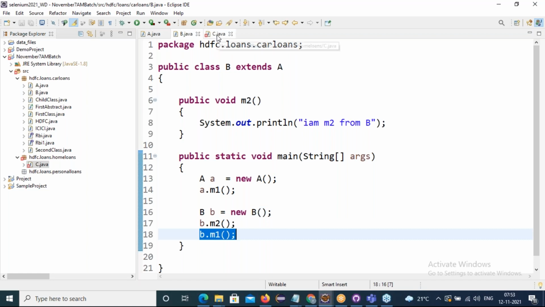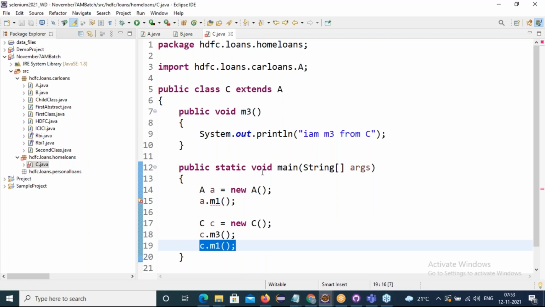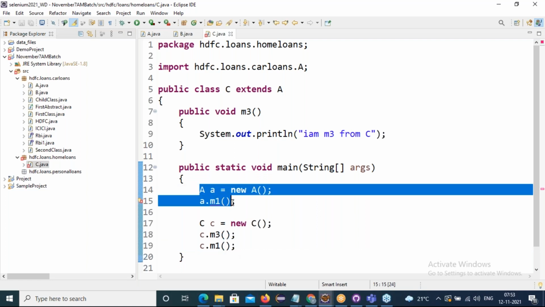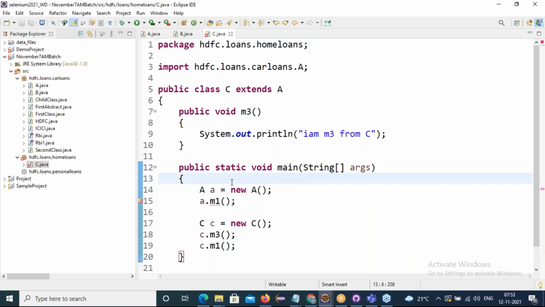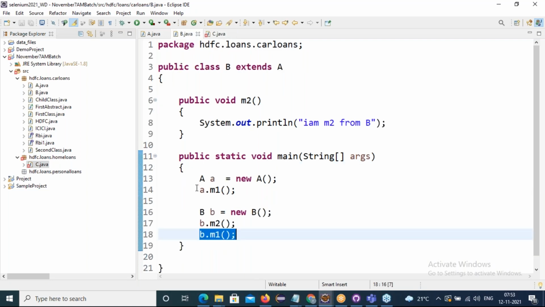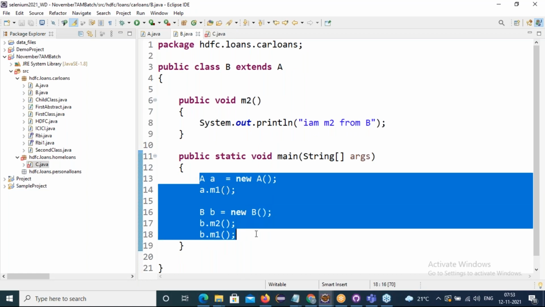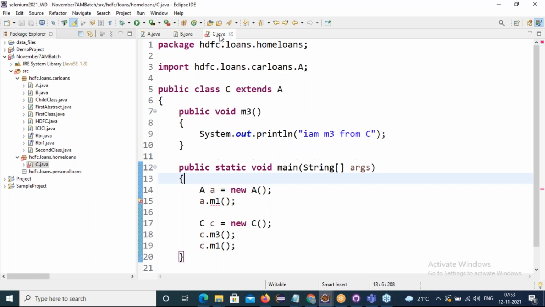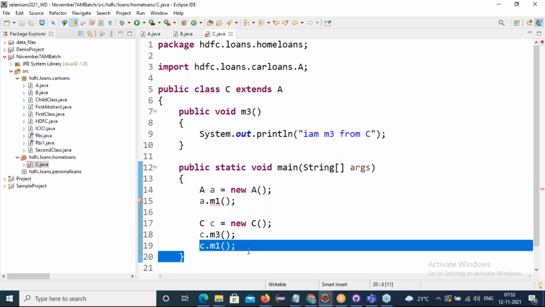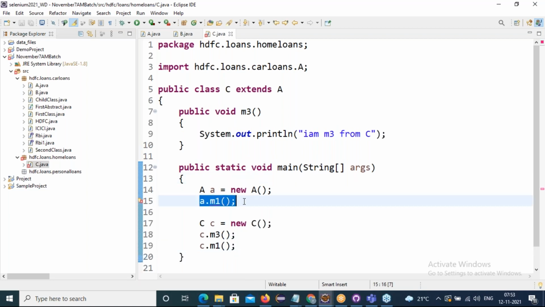Come to the different package class: only with a child reference can we access protected methods, not with the parent class reference. Is everyone clear? Protected methods within a package class, with the parent reference or child reference we can access, whereas in a different package class only with the child reference we can access, not with the parent reference. Clear?